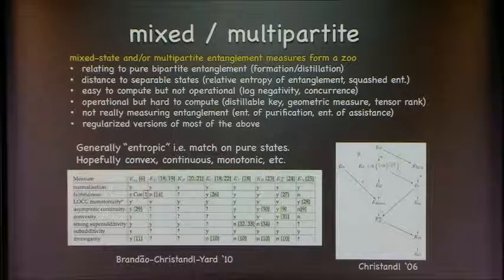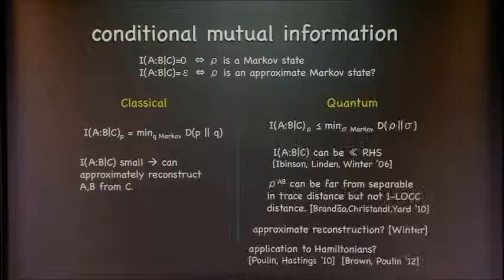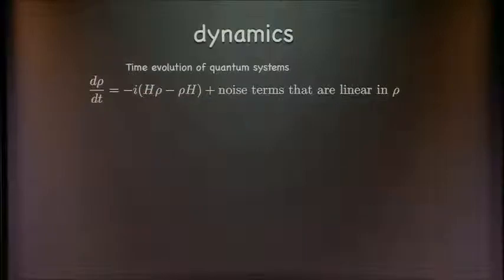And I think that one of the challenges is, can we come up with better entanglement measures that really do quantify, like we had in such a nice way for quantum circuits before, is there some kind of nice entanglement measure that could quantify the hardness of approximating quantum systems? Another approach to this is via conditional mutual information, but I'm out of time and we'll skip that. And we'll also skip this topic, which is a very nice one. And I'll also skip the question of dynamics.